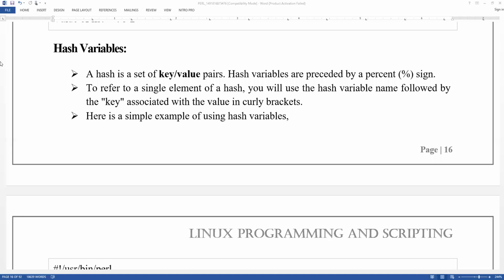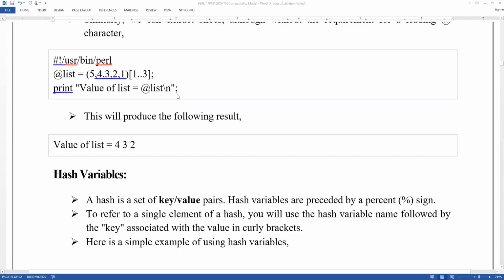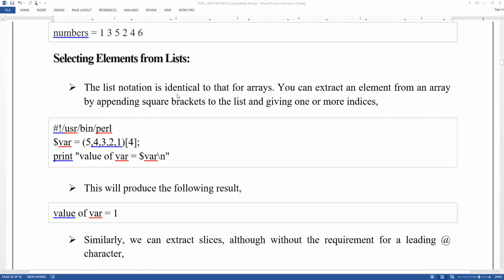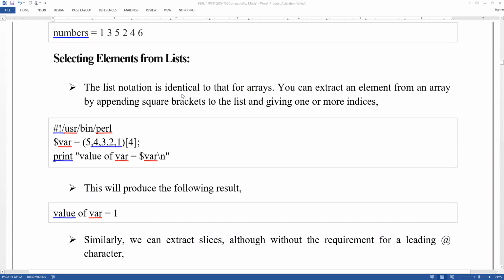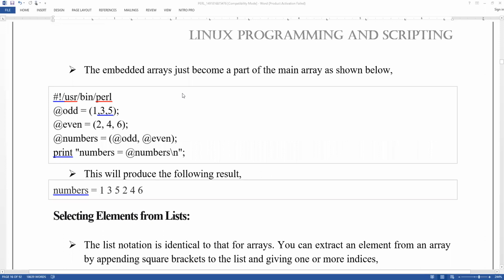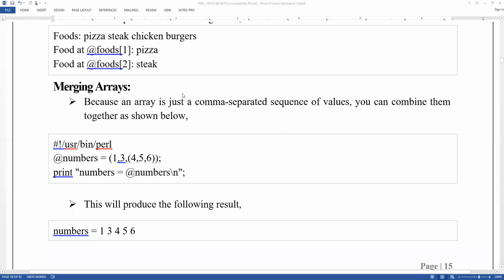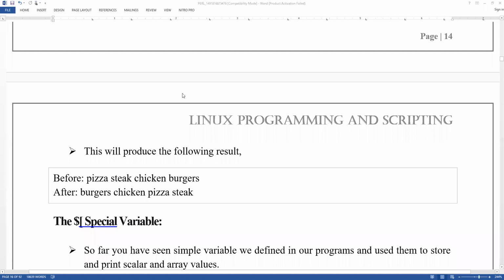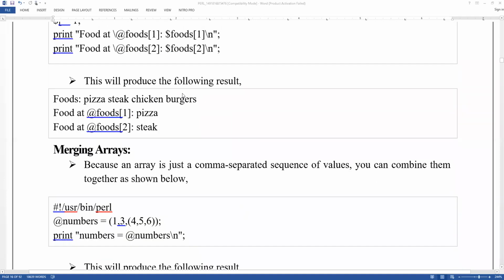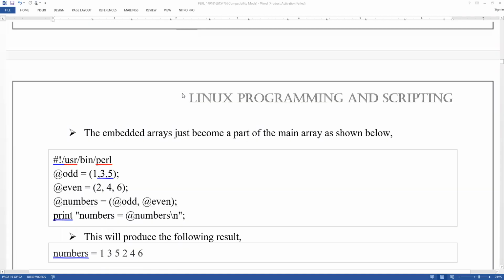Today, we are going to discuss one of the important topics in Perl scripting. Till now, we have already seen a few topics on arrays. In arrays, we are going to see different types of slicing, slicing an array, list, merging an array, and different types of variables and how we are representing them. After that, one of the important topics is